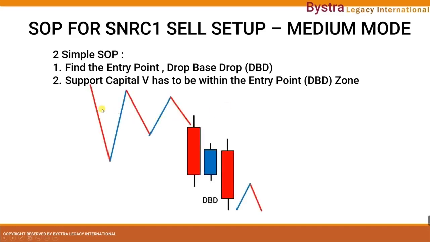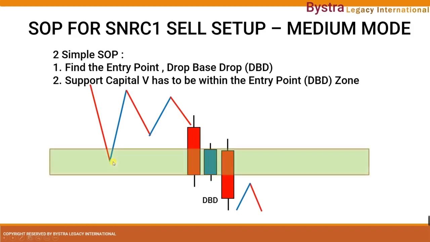So here, as we can see, there is an entry point which is the drop base drop. And at the same time, we can see there is a capital letter V support. So first of all, we mark the zone of the entry point, in this case the drop base drop. We mark it so that we just want to identify that the capital letter V is inside the drop base drop zone. So once we have this, second, we mark the horizontal line at the edge of the support, which